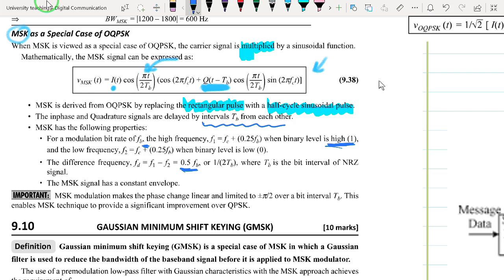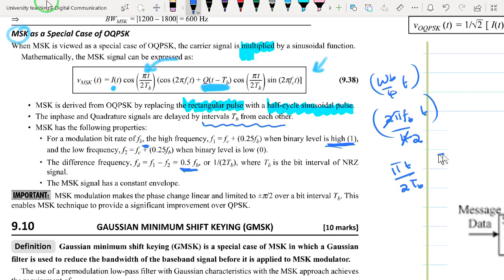omega_b over 4. So how do we get that? We know it's 2πf_b divided by 4t. When you perform this evaluation, you find that this is equivalent to πt over 2T_b. What we know for sure is that f_b is equivalent to 1 over T_b, so we can present it as such or as a reciprocal of T_b. So this is the slow moving signal